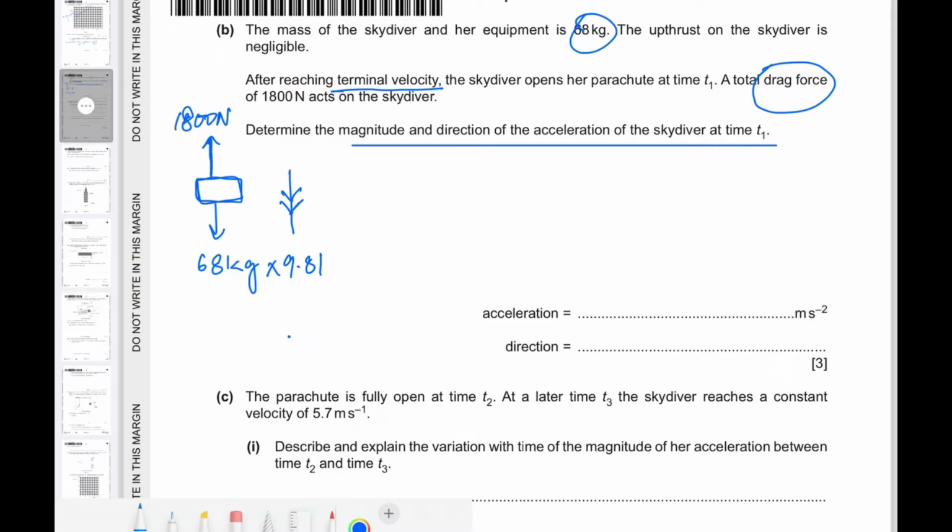After reaching the terminal velocity, when the parachute opens up, it will increase the surface area upon which the resistive force or the drag force is acting. And you need to remember this about drag force or resistive forces in general. When the speed of the object increases or when the surface area of the object increases, the opposing forces will increase, which is why in this case the skydiver initiates by falling at terminal velocity or constant speed, and then